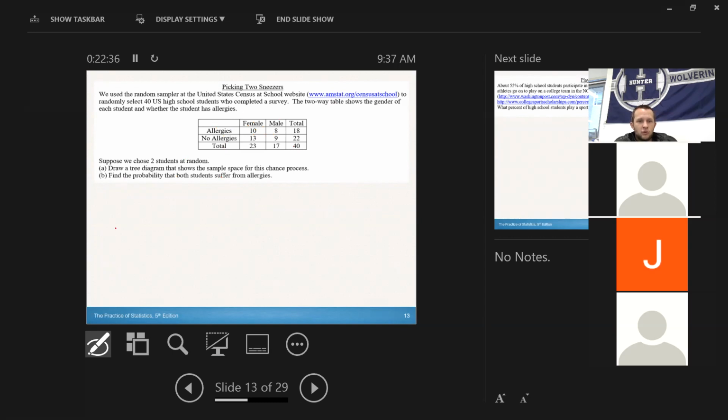Anyway, suppose that we take 40 people from this census website, and we're going to look at two variables: are they male or female, and do they have allergies? So what we're going to do is draw a tree diagram. And what I want you guys to do is try to make this tree diagram on your own, and then find the probability that the students are both